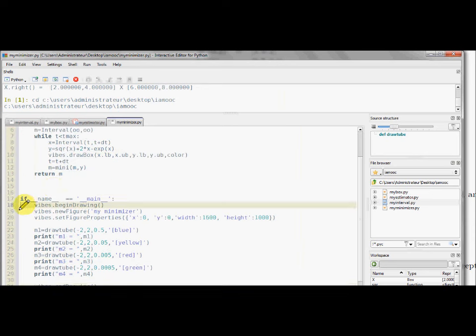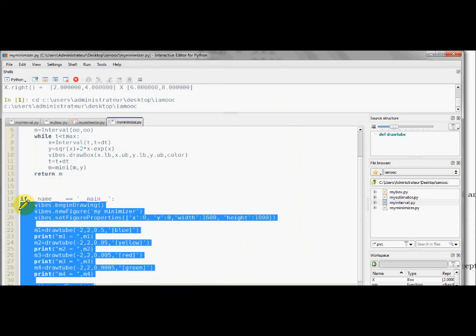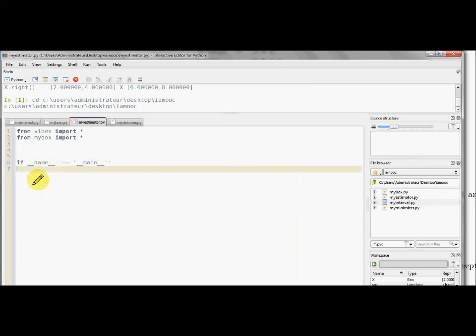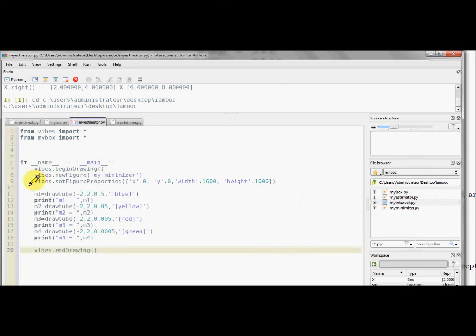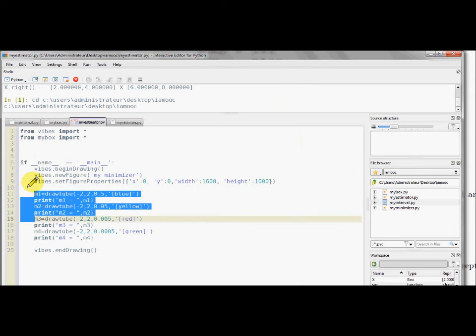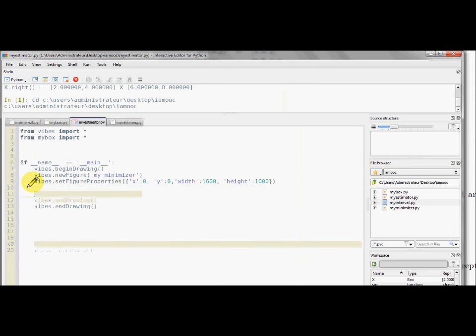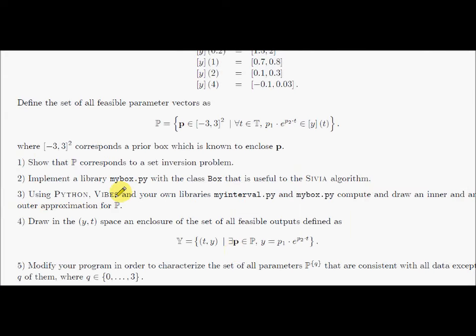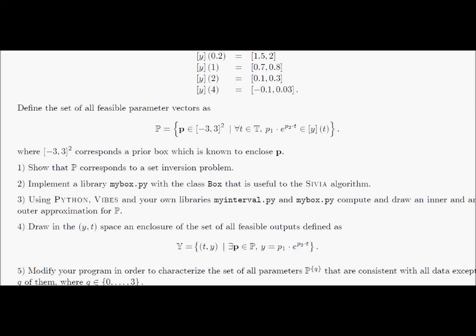This part will be useful. Okay, and this I don't need. I will put my own program here. What about what is asked here? To solve my problem, I will have to